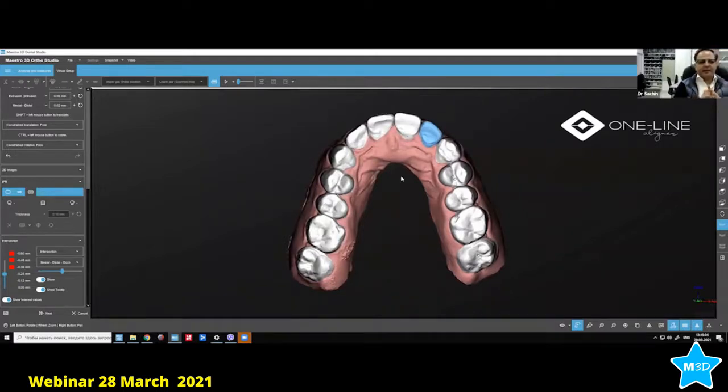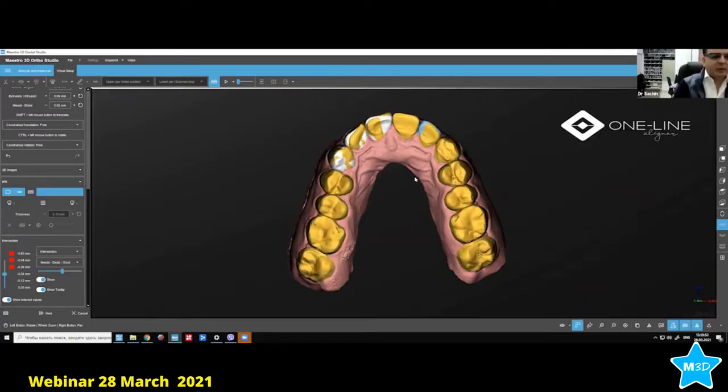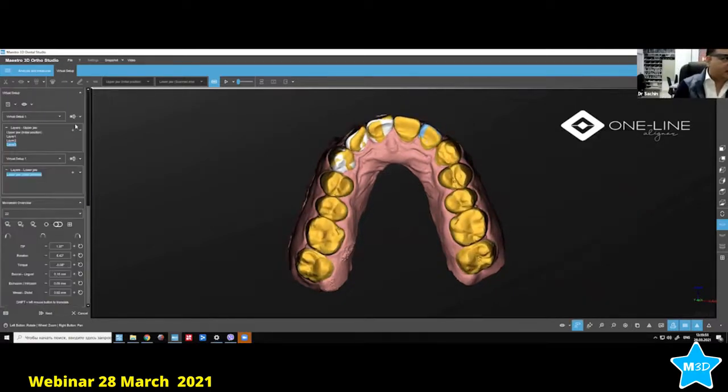It's not a very difficult case. So the question will be, do we need to have attachments on this case? Okay, so let's just see first how it was, and then we will decide, do we need attachments, right? So this is a very simple case. Right, so this is what it was in the beginning, or we can just go back to the initial position,